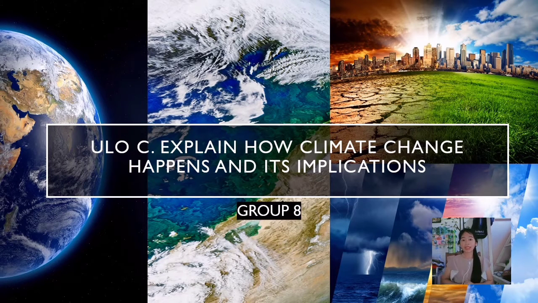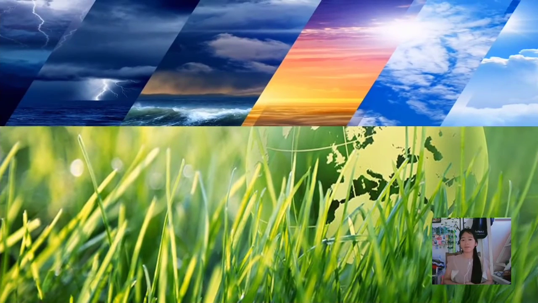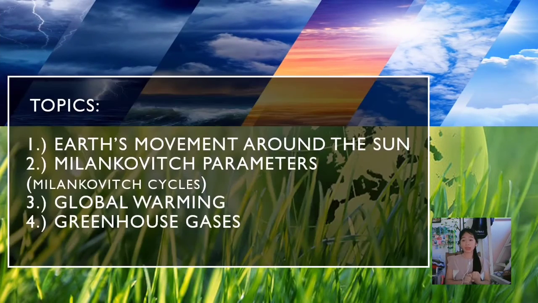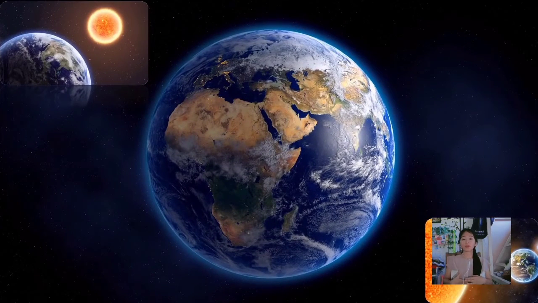So, Group 8 is assigned to discuss ULOC: explain how climate change happens and its implications. Group 8 covers the following topics. The first one is Earth's movement around the sun. The second one is Milankovitch parameters. The third one is global warming. And lastly, greenhouse gases. By the way, I am Venica Macy Uganap, the first reporter of Group 8, which